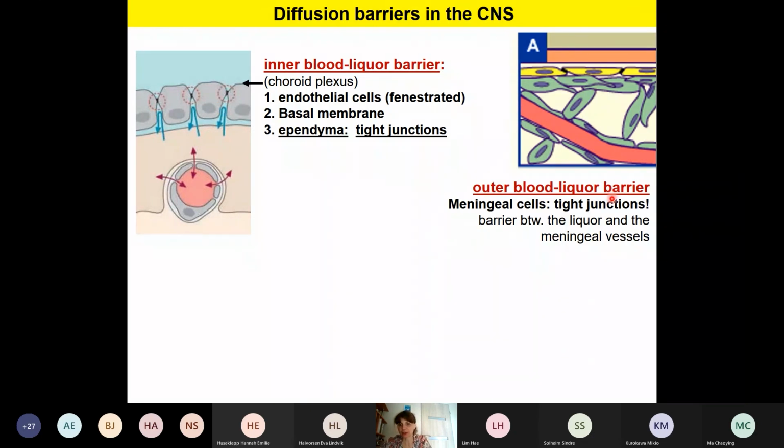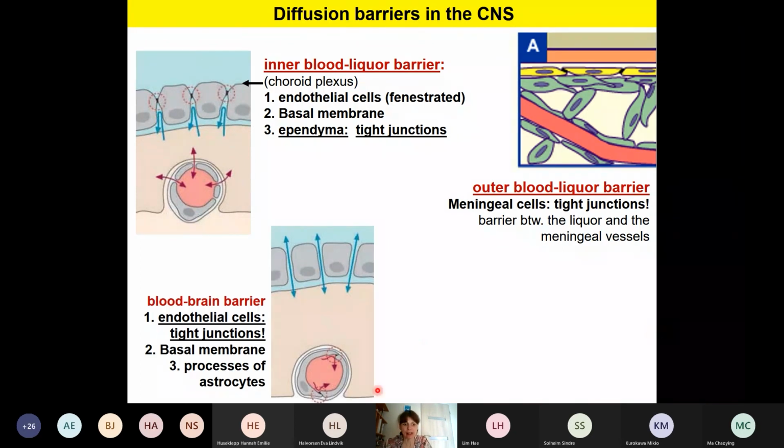We also have an outer blood-CSF barrier. As I mentioned, this is the innermost layer of the dura mater, where we have these meningeal cells, which are also connected with each other by tight junctions, and they separate the extra-meningeal vessels and the subarachnoidal space. And the third barrier is the blood-brain barrier, found everywhere in the brain,